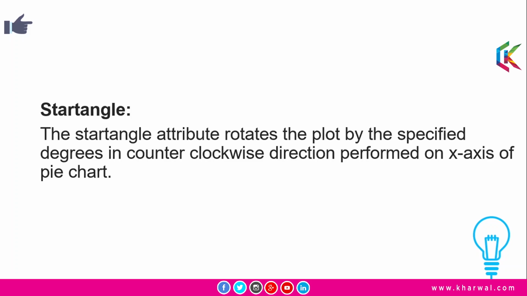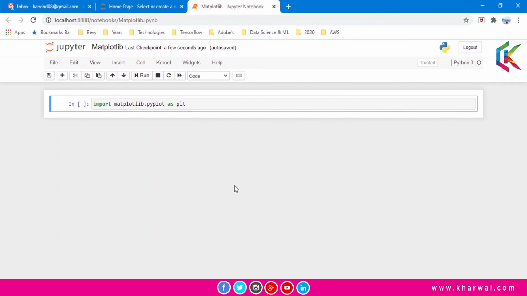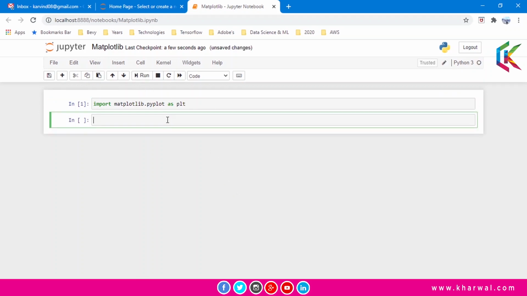I am going to create a pie plot for the number of available bikes in a showroom, and this showroom has bikes from all the brands. So initially we need to import matplotlib.pyplot as plt and run this script. Now let's create the data for the number of bikes available. So 10, 20, 30 and 40 bikes are available in a showroom.